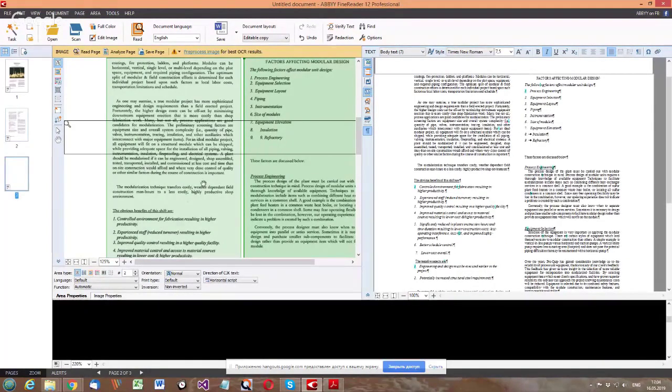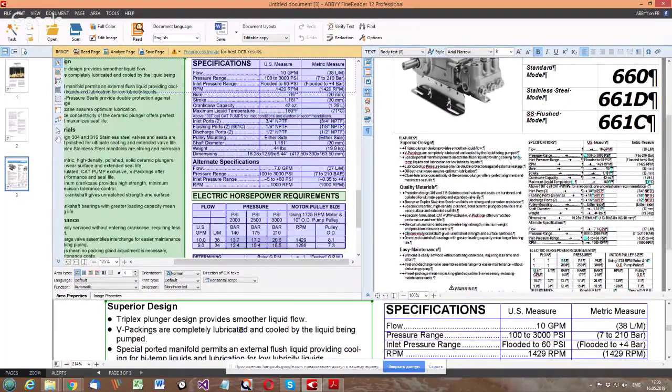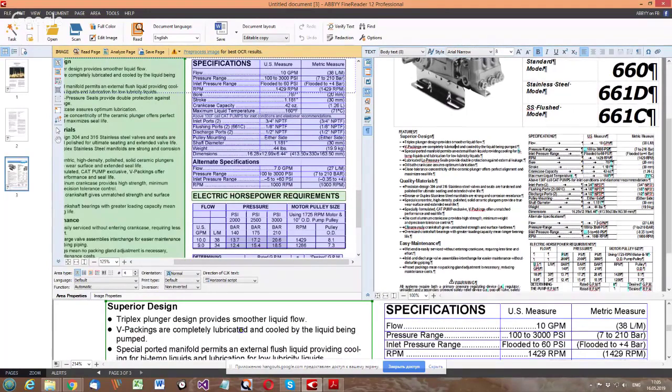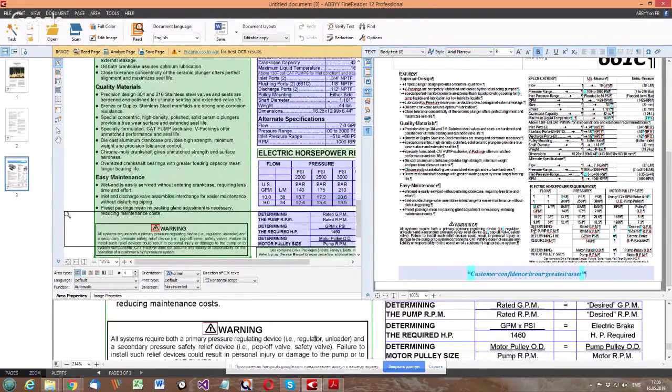And let's go to the last page to check for recognition issues. Oh well, it seems to me everything is in order, but it's up to you. You can delete the tabs right inside FineReader instead of doing this in Word, but let's just do this in Word anyway. So everything seems to be in order.